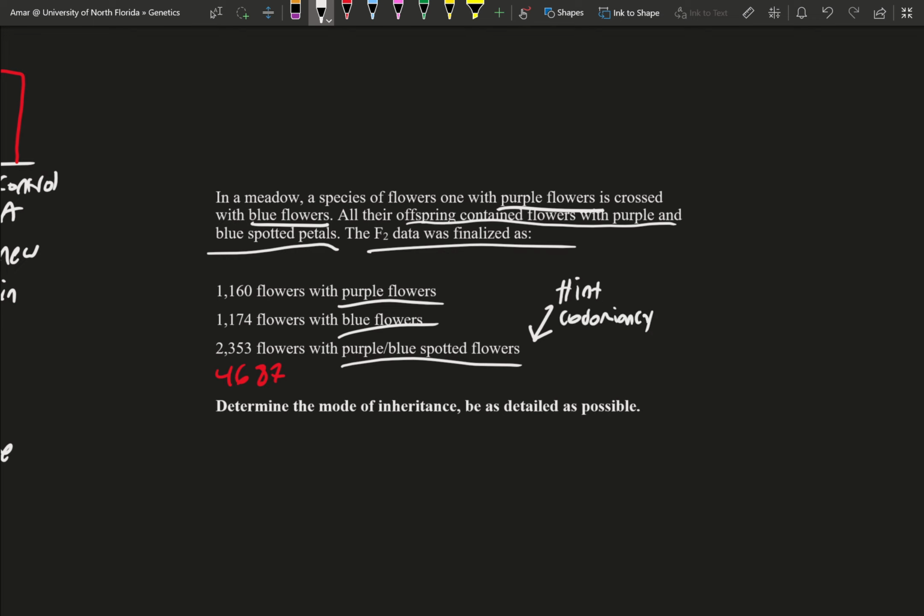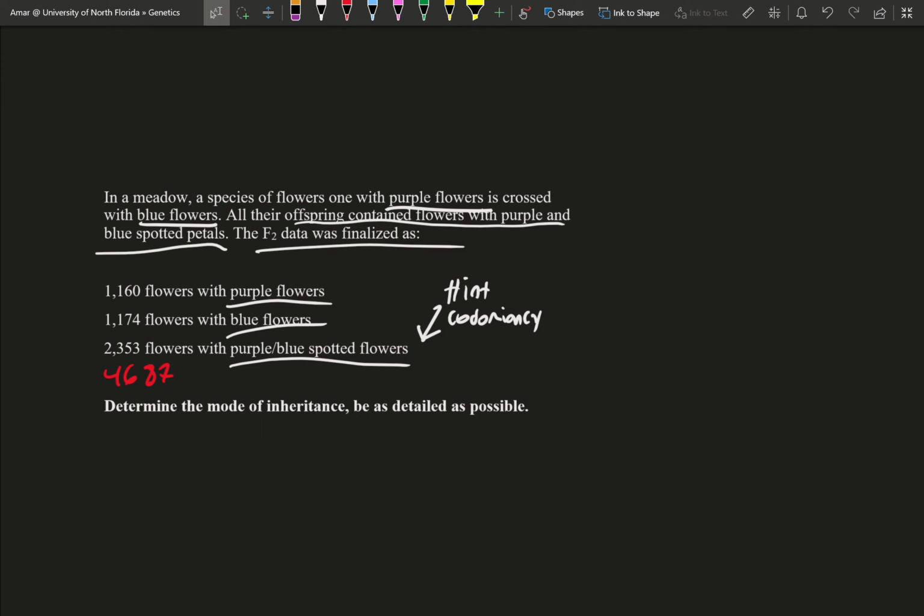But we also have to confirm that it is in fact codominance, okay? So the way we can confirm that is by finding the ratios of this data set. The way you would do that, if you remember, is you would take the number of the phenotype, divide it by the total, and then multiply it by the denominator of a monohybrid cross, because we assume that there's a single gene acting on this population. So yes, let's do that. To get purple, it's essentially